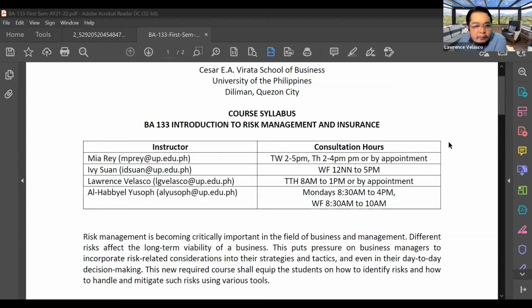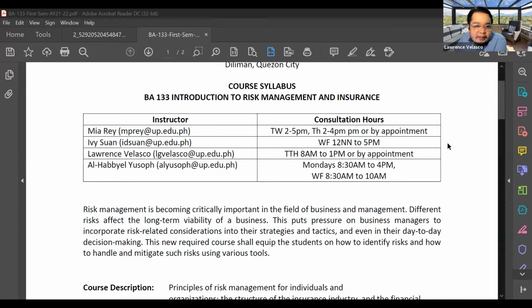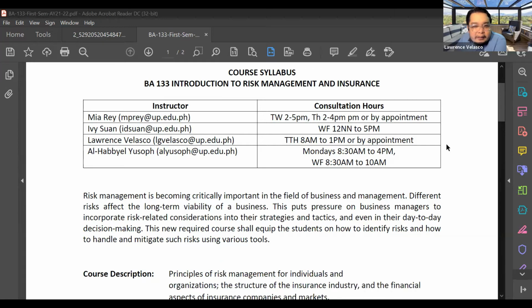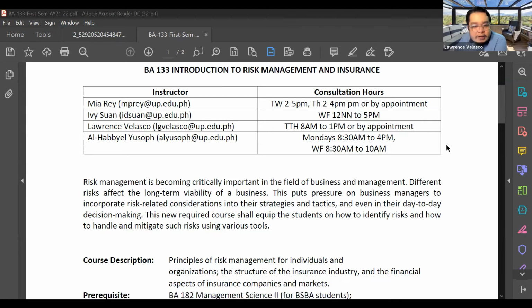So basically, just a walkthrough of what this course is going to be about. This course is about risk management. It's a new course that's being required to BA students. And essentially, this course deals with risk insurance and risk management. And why is it part of the curriculum for the BA program for the fourth year, for